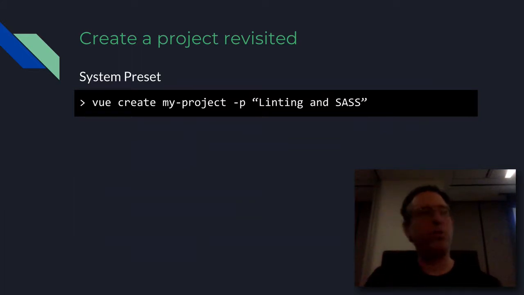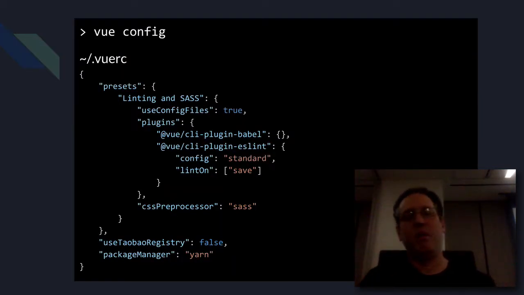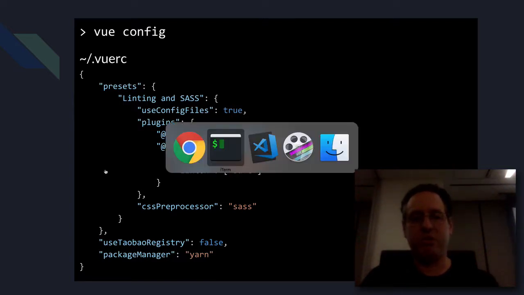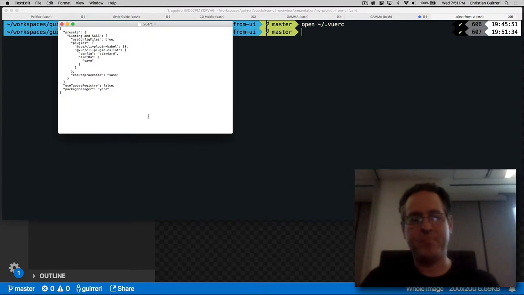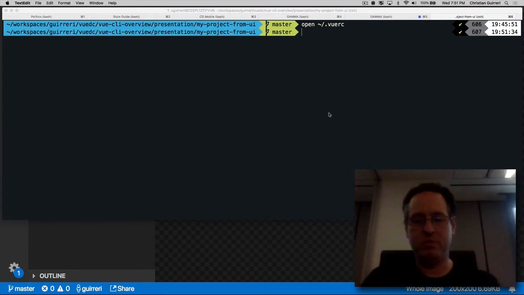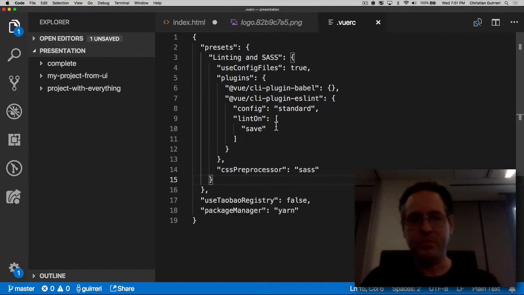Yeah. So going back to when we were first creating projects earlier, we were able to use our system preset. So one of the first steps involved in making this preset more readily available as part of a plugin is we can go grab it. So we know that this is on our system. So if I just do vue.rc, there. Code. Right, so you can see we have our linting and Sass